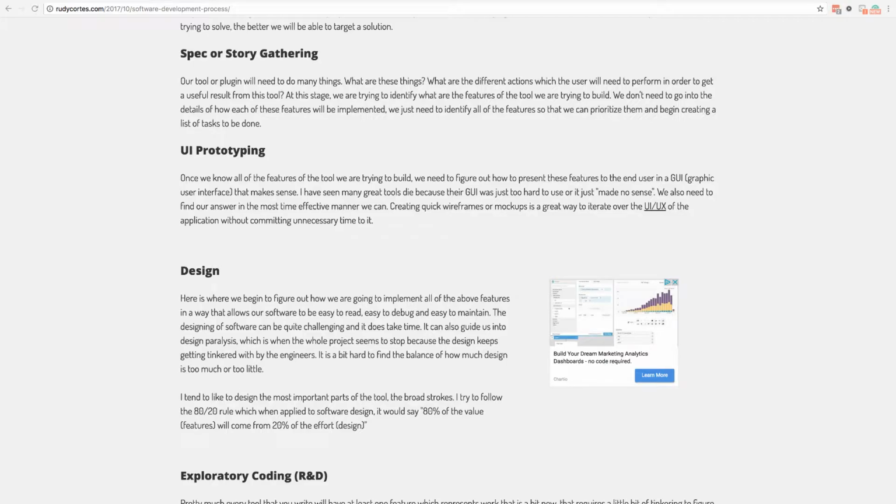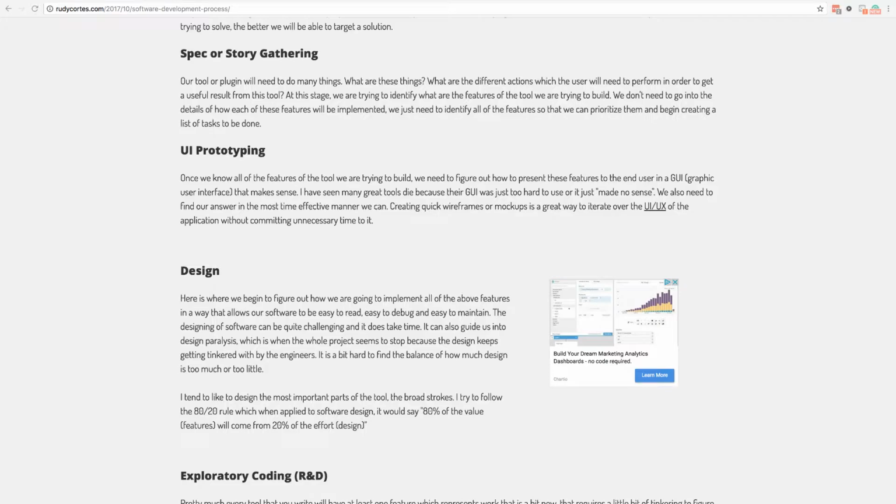Next, once you have all of your stories ready, if there is a need for a user interface, because sometimes you're going to be writing tools that are just batch scripts, but if you're doing anything that has a user interface, you want to do a little bit of UI prototyping. This is where a lot of times I will use Balsamiq, or sometimes just good old Photoshop, right? You just want to visualize how this tool is going to work, how the artist or the end user is going to interact with your tool. This gives you a lot of information on how you need to structure your code, and what different things you're going to need to do to make things work.